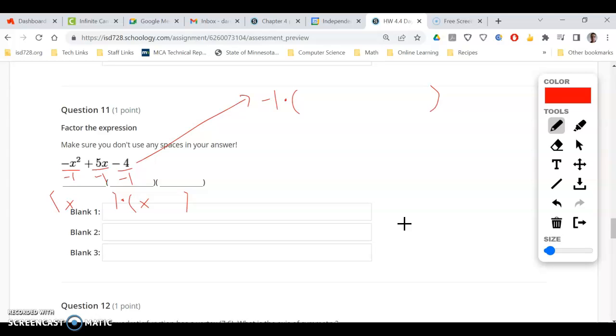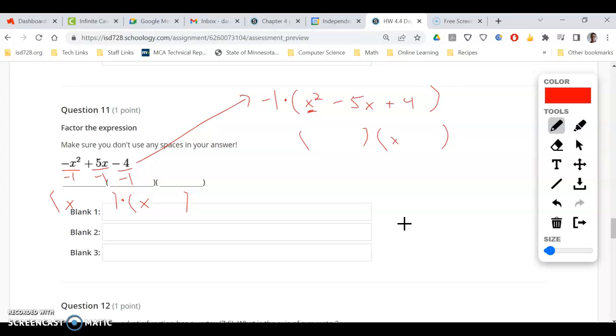And the reason being is once we do that, that negative x squared turns into positive, right? Pull out the -1, right? And then all the other signs are going to flip. So now it's minus 5x and plus 4. Okay, and now that we've done this, we have our x squared. So when we make our two little factors,